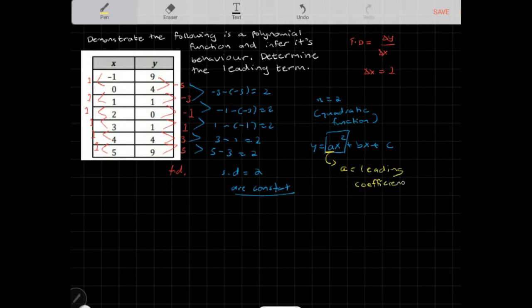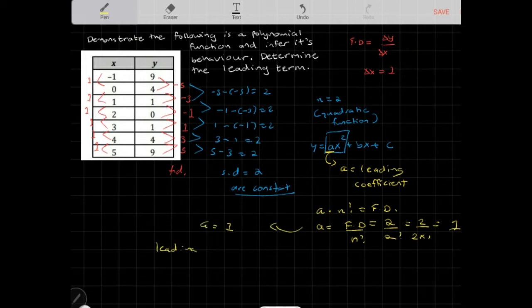This is your leading coefficient, right? And a times n factorial is equal to the finite differences. We can use this equation. A is equal to the finite differences over n factorial, and the finite differences here are basically equal to 2. I'm going to divide this by the degree factorial, which is 2 factorial, which is 2 times 1, which is 2, so 2 over 2 is 1, right? So in this case, a is equal to 1, so our leading term here is x squared, right? So that's our leading term, and we've proven that it's a polynomial function because our second